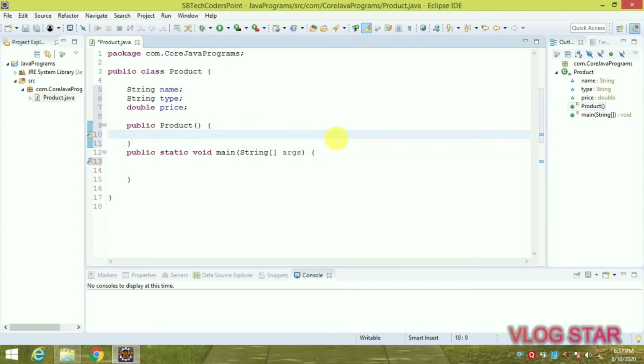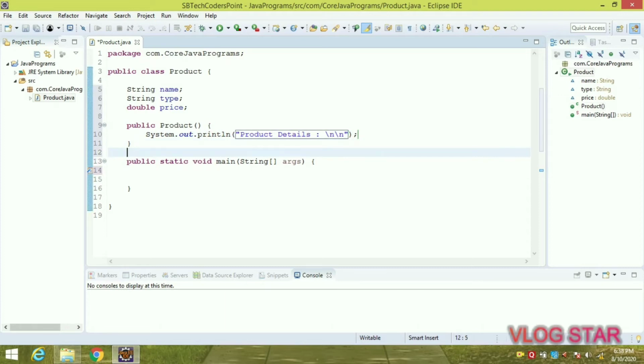So within it, SYSO Control space, that is System.out.println, which is our output statement. Here we can print anything. As we need product details, we have to print product details, and \n for new line. Now this is our no argument constructor.